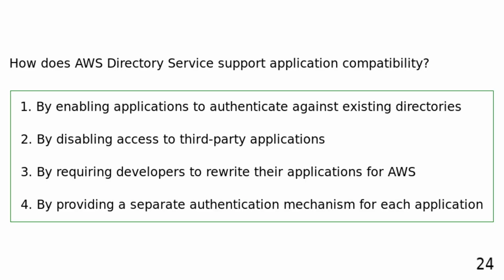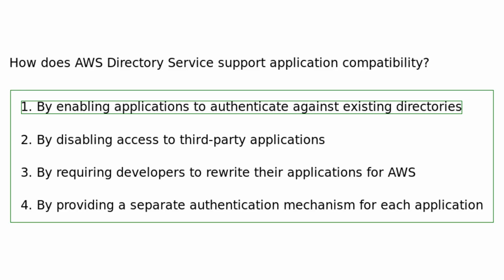How does AWS Directory Service support application compatibility? By enabling applications to authenticate against existing directories. By disabling access to third-party applications. By requiring developers to rewrite their applications for AWS. By providing a separate authentication mechanism for each application. AWS Directory Service supports application compatibility by enabling applications to authenticate against existing directories, ensuring a smooth transition to cloud-based